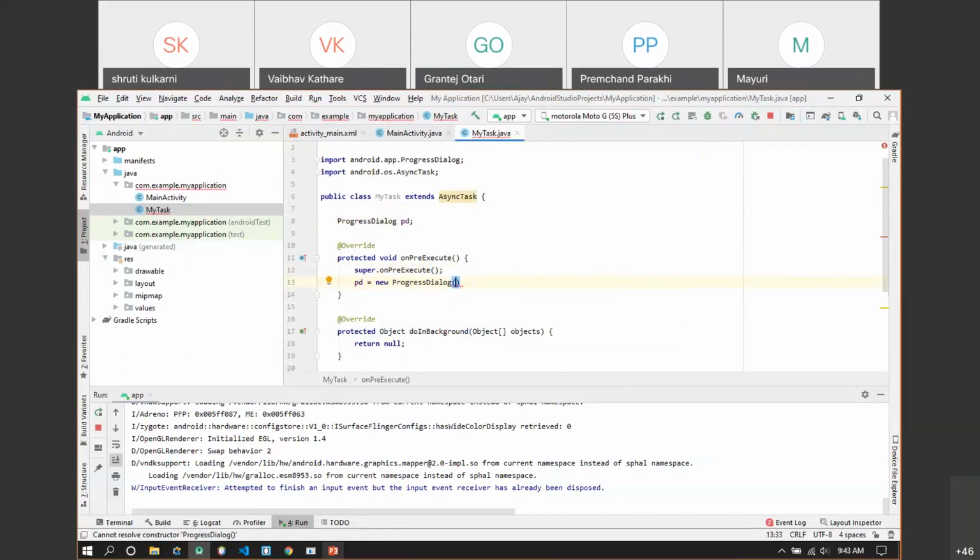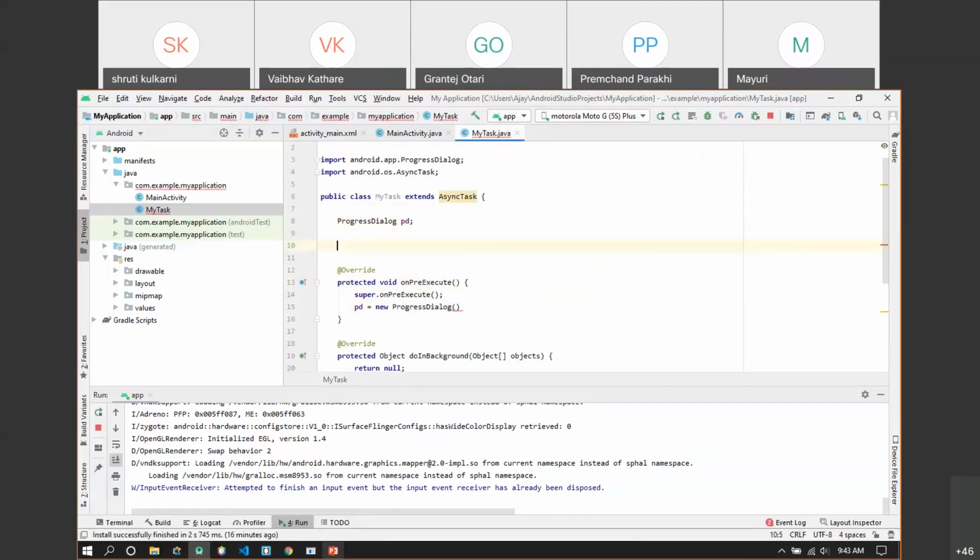Now since it requires the context, I'll consider one constructor. So I can say MyTask, and it takes one context as a parameter, ctx. And let's import this package.